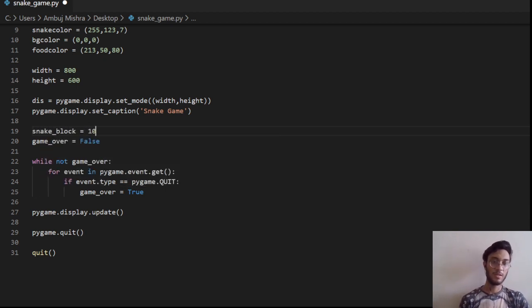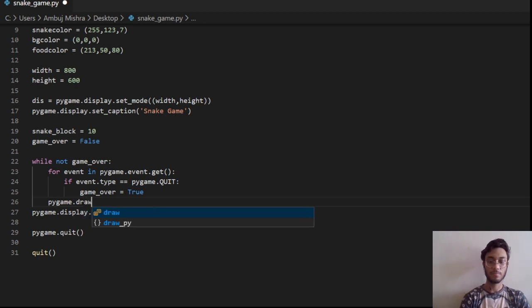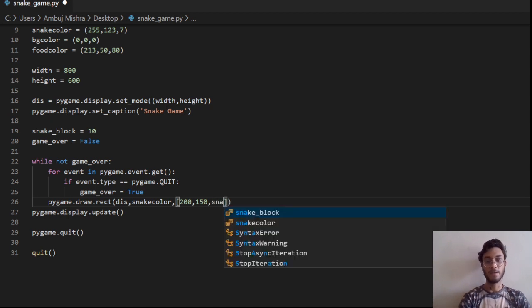Snake block of size 10, and for this event type we are going to draw a rectangle using the draw.rect method to represent the snake: the surface on which you want to draw, the snake color, and the coordinates, that is 0. Right now I am fixing the coordinates, but I will show you how you can dynamically set the coordinates. Snake block,